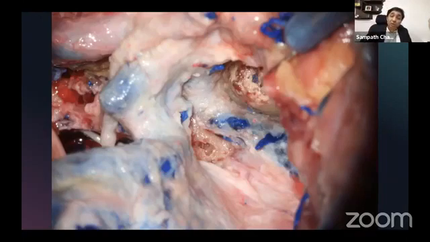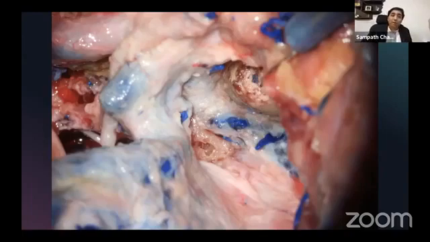to reach the jugular tubercle. All this, whatever we discussed in the last class, jugular tubercle. This is the sigmoid sinus. Okay, this is the transcochlear approach you've done. Carotid is here. This is the cochlea, sigmoid sinus. Cochlea is all gone. This is the jugular bulb. Okay, sigmoid, internal jugular vein here.